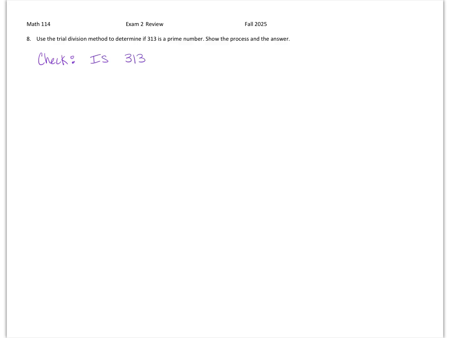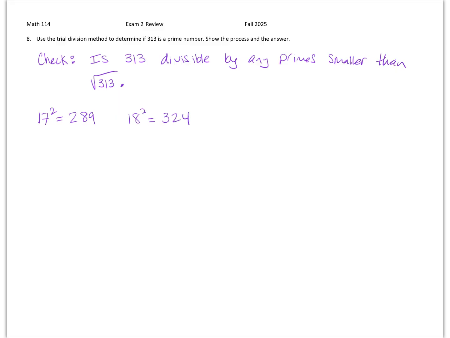is 313 divisible by any prime numbers smaller than the square root of 313. Okay. Now, the square root of 313, we don't have a calculator, but I do know that 17 squared is 289 and 18 squared is 324. Okay. Now, if you didn't know these, you could